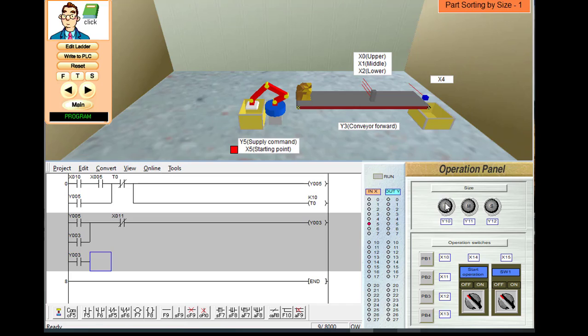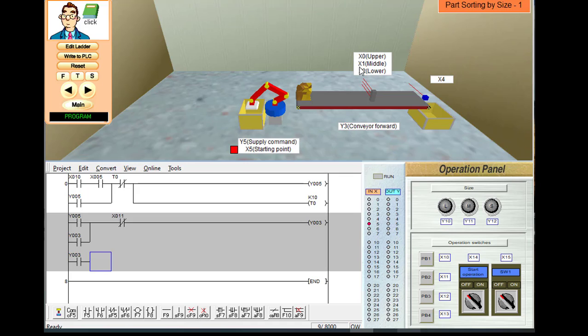In that case, it is a large part. So we have to turn on the large indicator over here, and this will be on until your part goes below into this box. When X4 is on, it means the part is falling. So for this duration, from the sensor to X4, we have to turn on the indicator. If the part is a large part, we have to turn on this Y10, that is the large indicator.